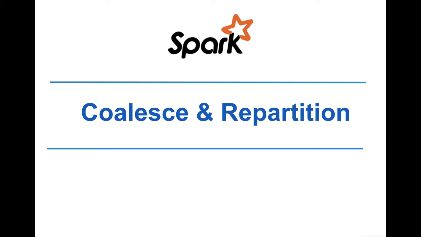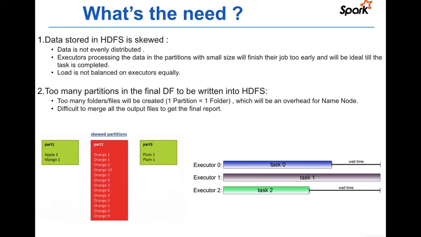Let us begin. First, we need to understand the need to use these functions. Let us see the problem statement. There are two scenarios. The first scenario is when data is skewed, that means it is not distributed uniformly across all the nodes. Let us take one example. Suppose we have three nodes D1, D2, D3 and data partitions P0, P1, P2 stored inside these data nodes. Looking at the data, we can say that it is skewed.